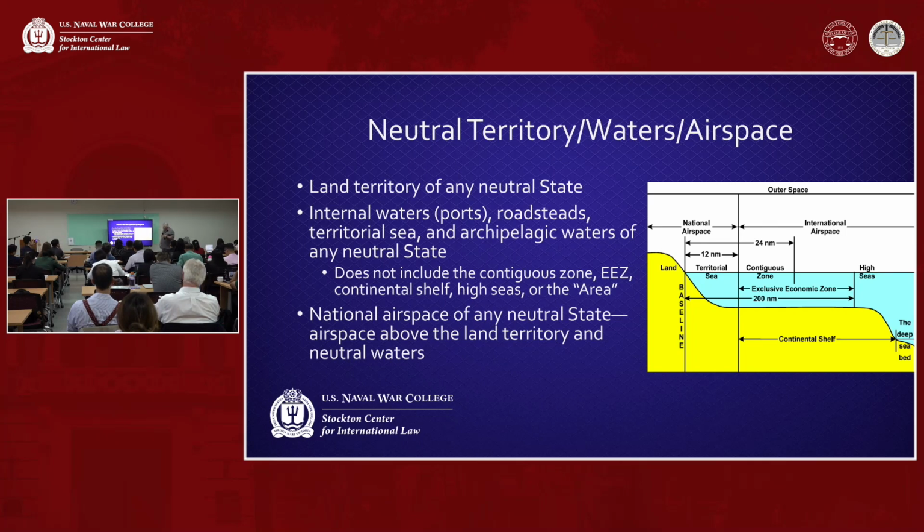All right, so what is neutral territory? It includes all the land territory of the neutral state, the internal waters, the territorial sea, and archipelagic waters of the neutral state. As Professor Krasa mentioned, it does not include the contiguous zone or the exclusive economic zone or the high seas. Those are not considered neutral waters. And it also includes the national airspace of a neutral state, or in other words, the airspace that is above